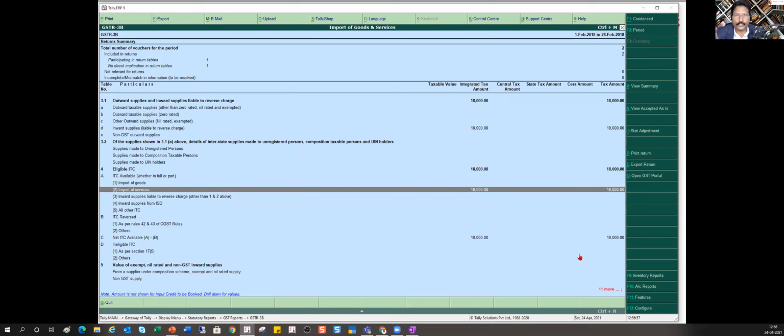And see here, it is showing my input tax credit on import of service. The earlier one we saw was import of goods, and now it shows import of services, so that it will go and sit in the relevant box of that particular section or table. I'll come to that later. So is this clear? Import of goods and service.